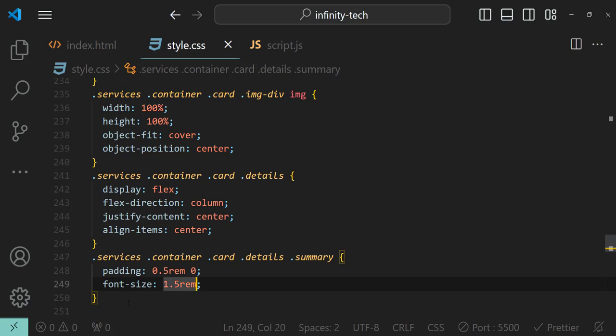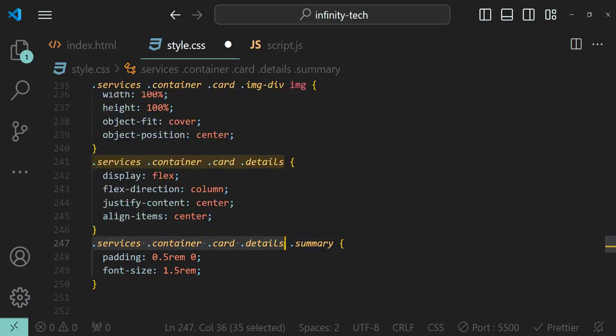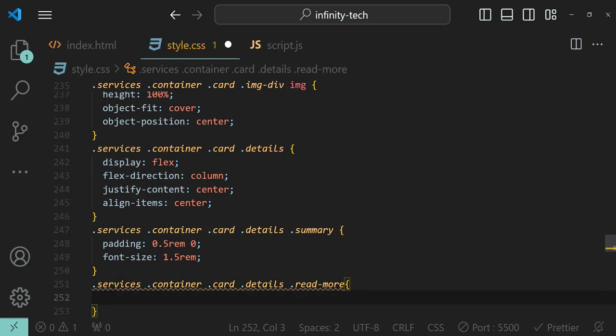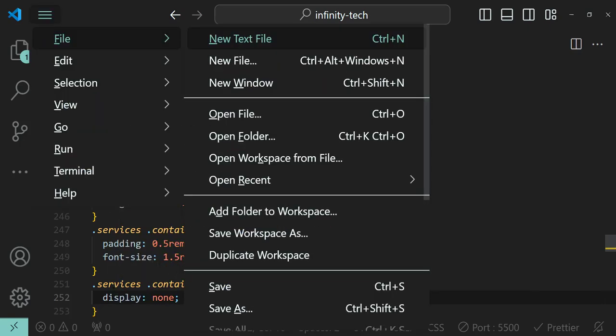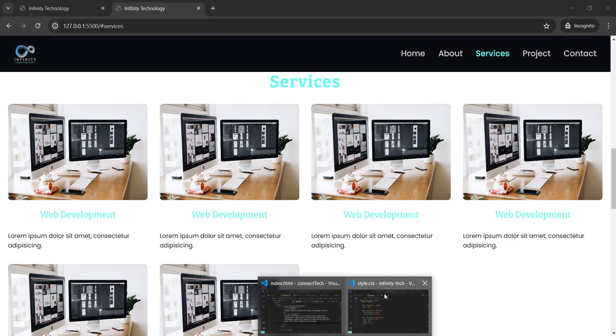Sorry, not details, read more section, which is a child of the details section. So copy, paste, and read more. Now for the time being, I'm going to set its display to none. I want to make it invisible for the time being. Okay, so this is how our card looks in the beginning, but it's too white. I haven't given any background color to this section, so